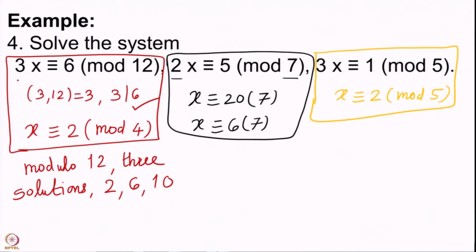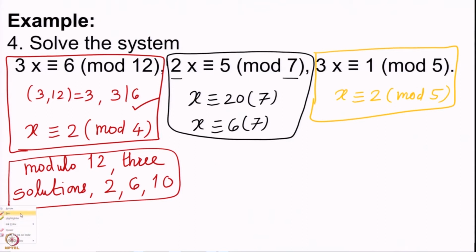You can quickly check that when you multiply 2 by 3 we do get 6. Next you can check that when you multiply 6 by 3 you get 18, which is also 6 modulo 12, and finally you check that when you multiply 10 by 3 you get 30, which is also 6 modulo 12. So, nevertheless, what is important for us is that we have converted these 3 systems into these other 3 systems, and those are the ones that we need to remember.